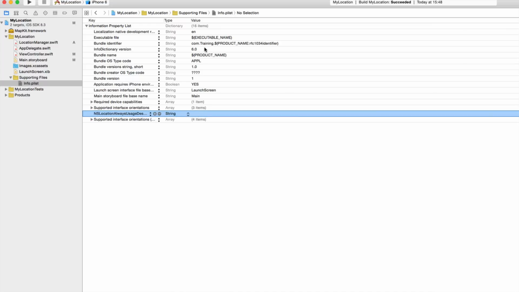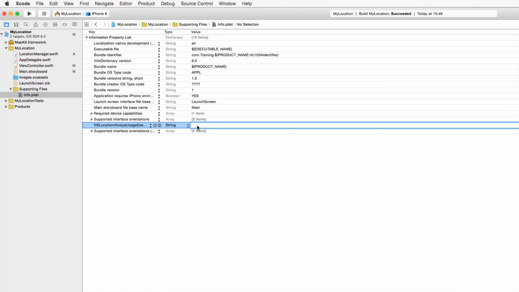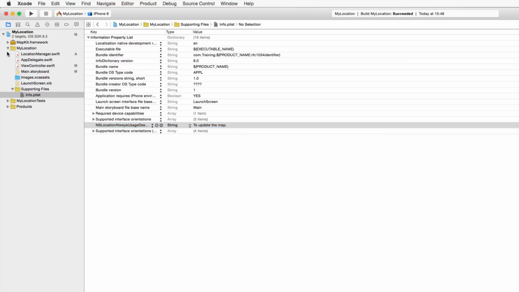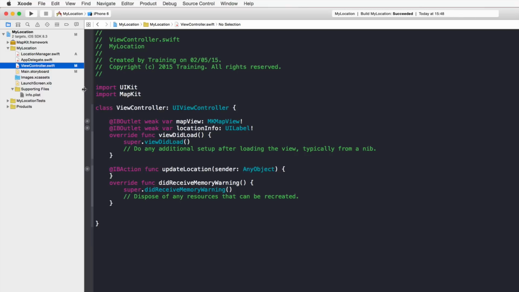And now I can add a value which is of type string, and this is the description, and now I have to state why I want to use the user's location always, even if the app is in background. So I'm going to say to update the map. You can, of course, choose whatever description you like. It should be very exact and short, of course, because many users do not read that. But we have to provide it anyway. So this is the first step, and now we can actually move on to our view controller file